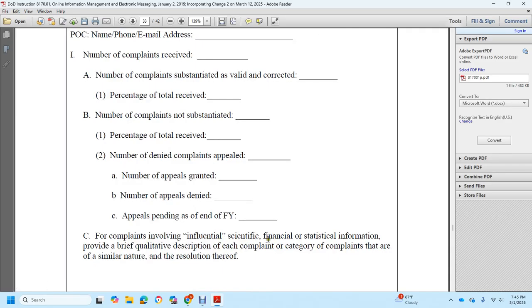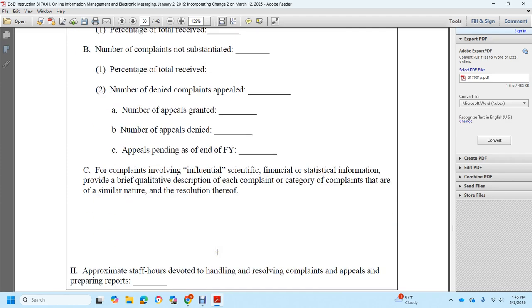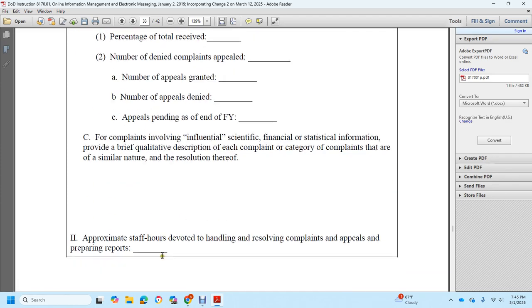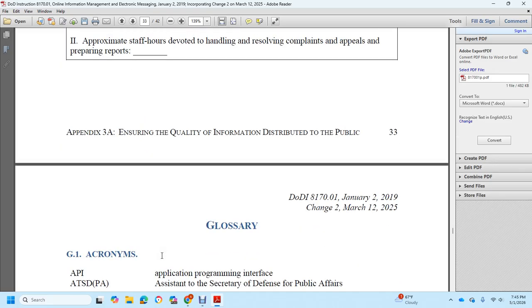The complaint involving influence, scientific, financial, or statistical information, provided with a brief description of the quality of each complaint, with a category of complaints that are of similar nature and the resolution thereof, and two, the appropriate staff devoted to the handling and resolution of the complaints, appeals, and preparing reports, and a glossary of the